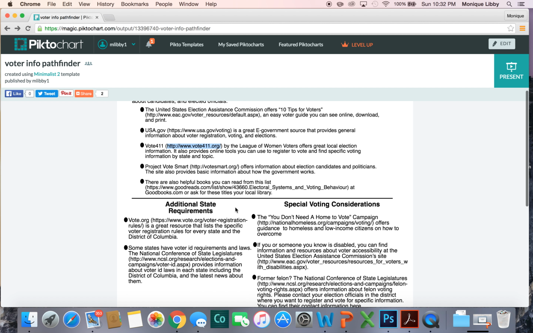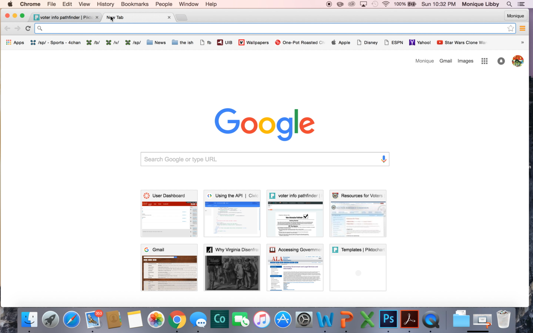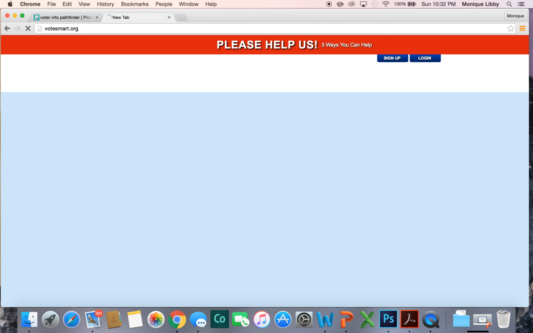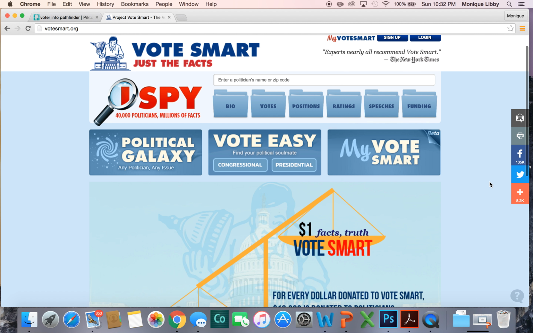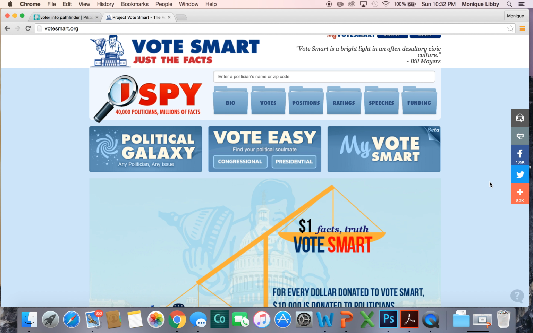And so we'll continue to the next source, and it's Project Vote Smart. Project Vote Smart is unique from these other pages because it's not a League of Women Voters nonprofit, it's not a .gov site, but it's still a nonpartisan organization, and it addresses specifically the issues that the electorate may have with political efficacy, meaning that